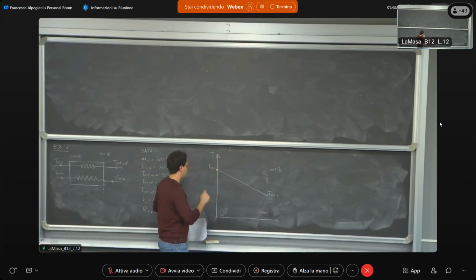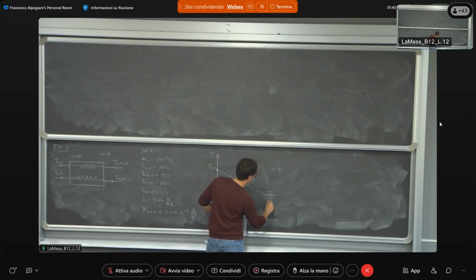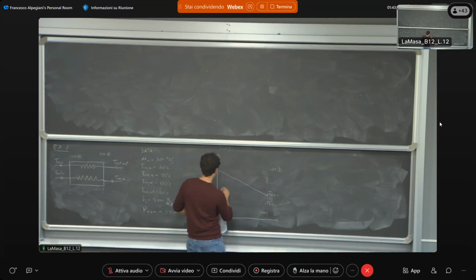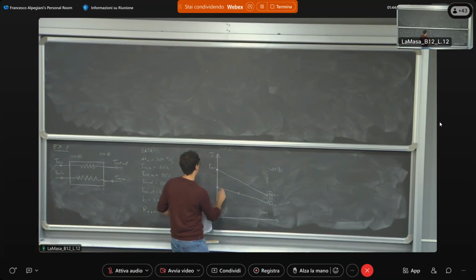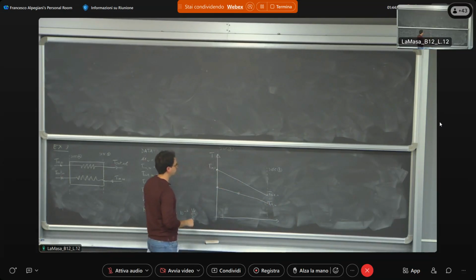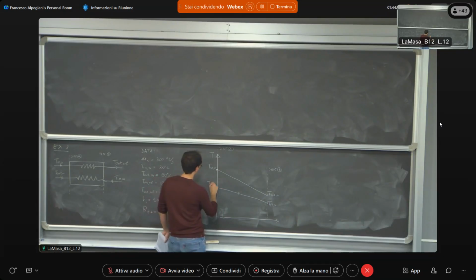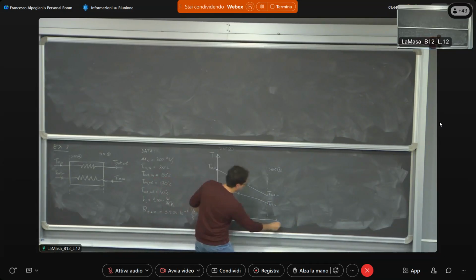On the other side, the water enters with a temperature equal to T in of the water, and it is heated up to a certain temperature, which is T out of the water. This is the TQ diagram,